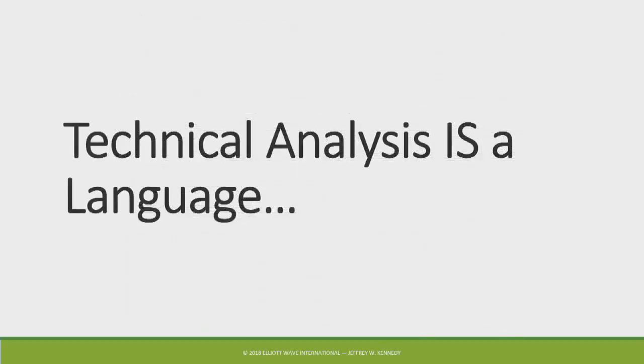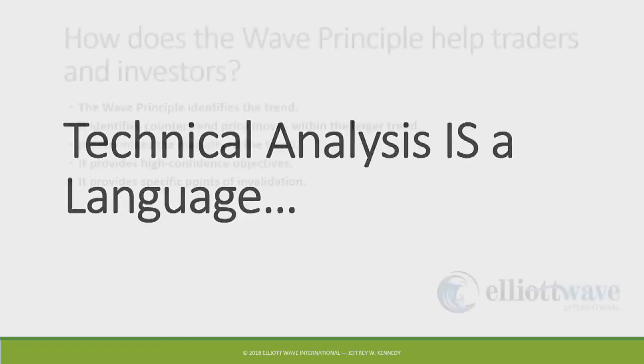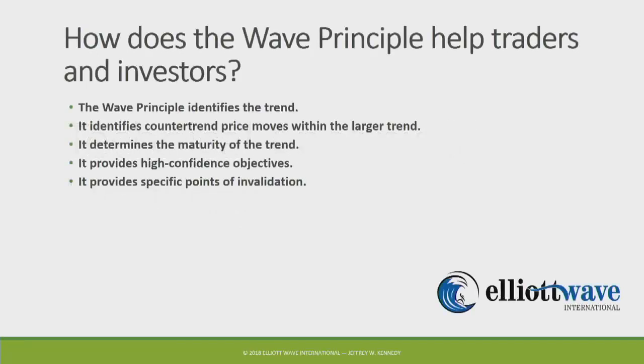Which brings us to technical analysis, what this whole week has been about here. Technical analysis is a language. And the more you understand the language of technical analysis, the better, I believe, you'll understand the narrative of the markets. Now, having said that, technical analysis is really an umbrella term. It encompasses many different exciting fields. For example, Japanese candlestick analysis is a type of language. The wave principle is also a type of technical language. Point and figure analysis is a type of language.